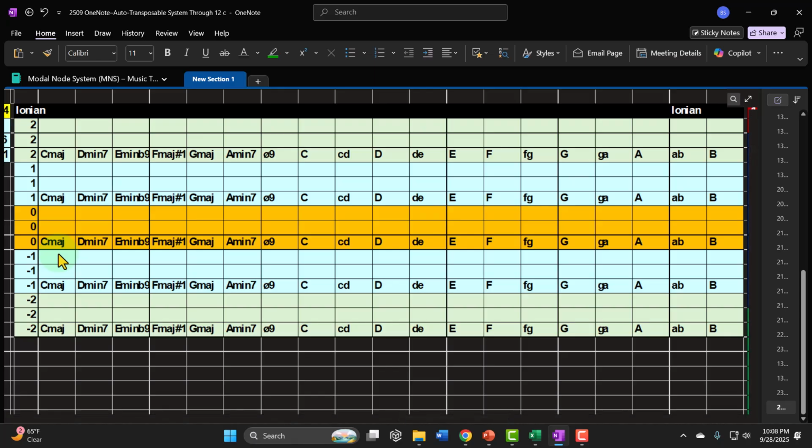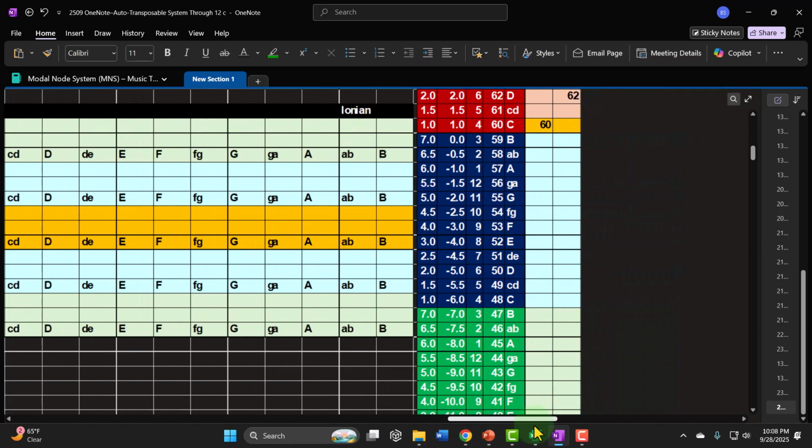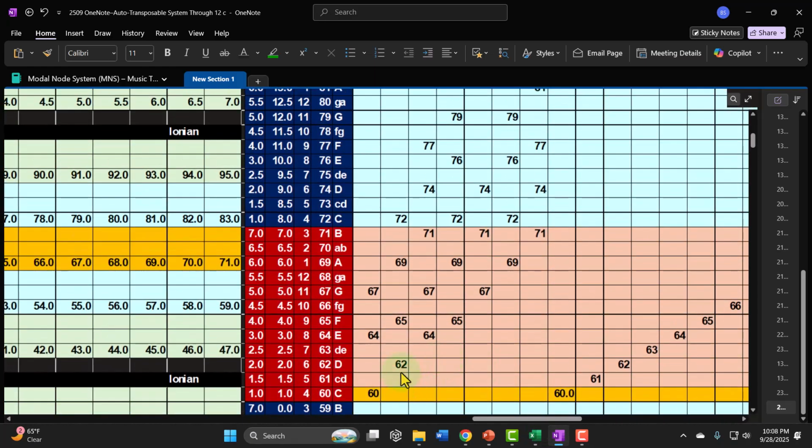We can also represent the modes. So if I was playing in the collection of notes around the C major, but making the fifth the tonic, meaning I'm playing in G Mixolydian, then I would like to make the lowest note the G and be counting up 12 from there, but I'm looking at it from the perspective of the Mixolydian node. So that way we get all of the information in basically one row that can then be expanded out this way. So this would be in the key of C,